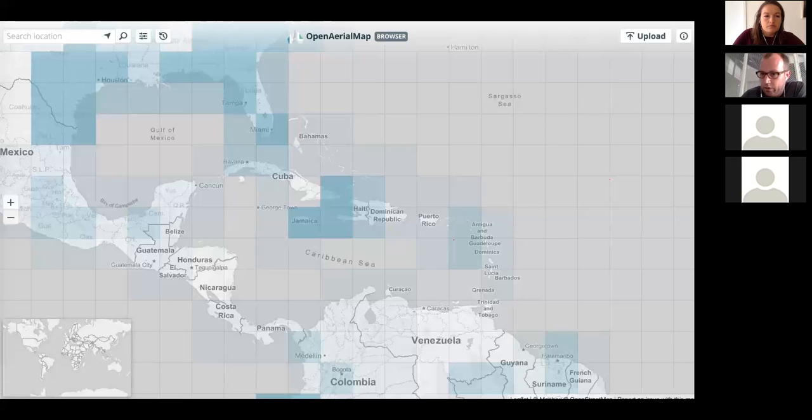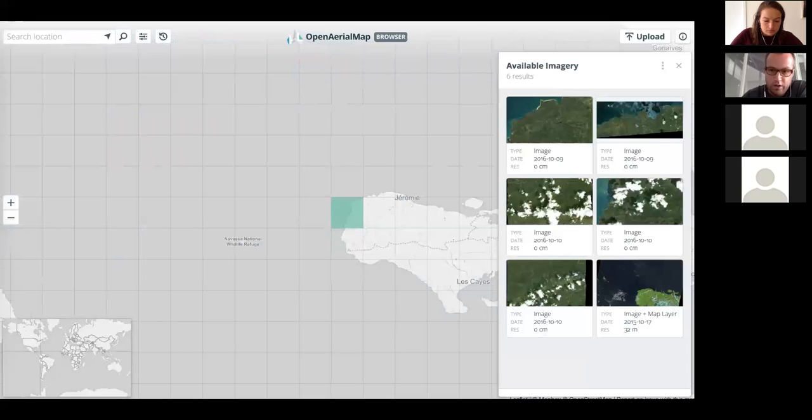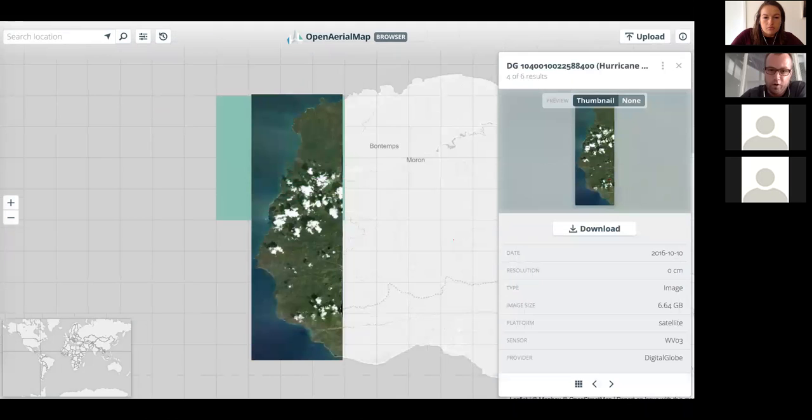We've used this in a number of response situations, and I'll talk a little bit more about coastal mapping, climate change, and disaster preparedness work. But a recent example last fall was Hurricane Matthew, where a whole bunch of satellite imagery was released, and we made it available in OpenAerialMap, and